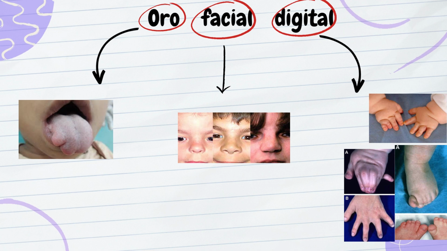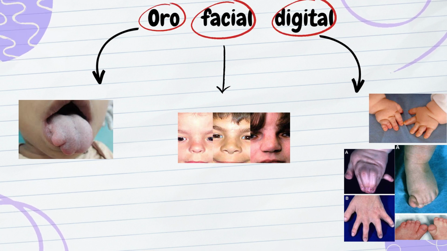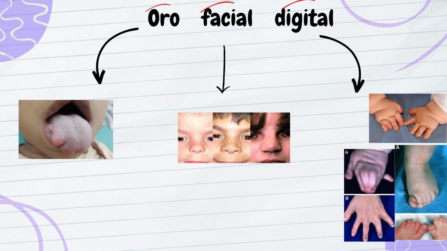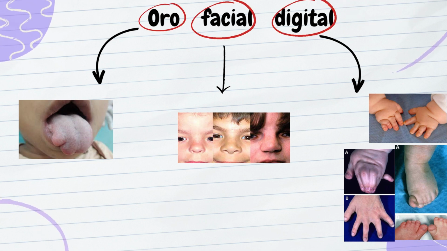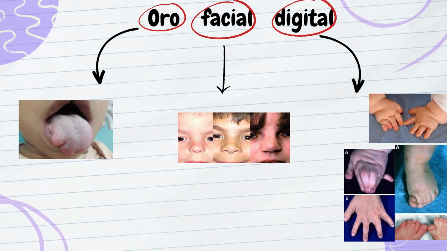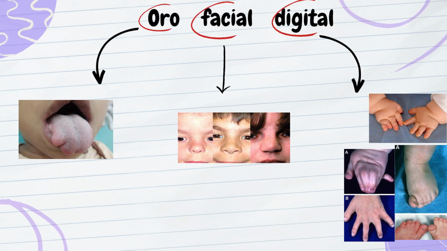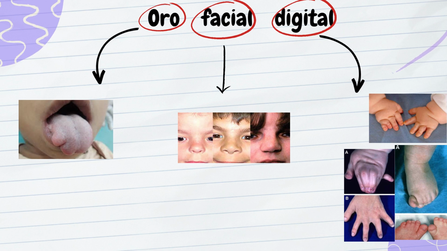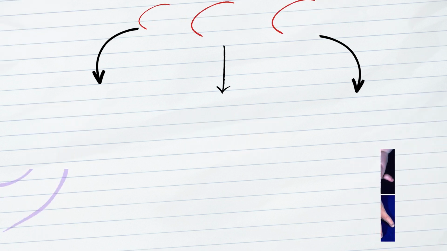next we'll see orofaciodigital syndrome. So I guess this syndrome is a mnemonic in itself. Okay, so the name only gives you the clue of what the syndrome is about. So whatsoever, I have put some images on the slide, so you can see this child is having a lobed tongue. Okay, first I'll show you